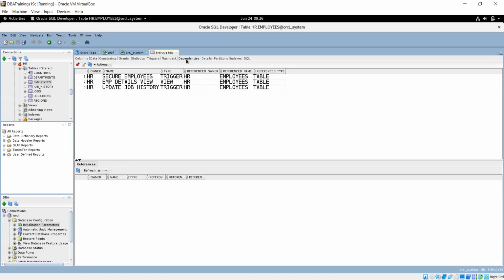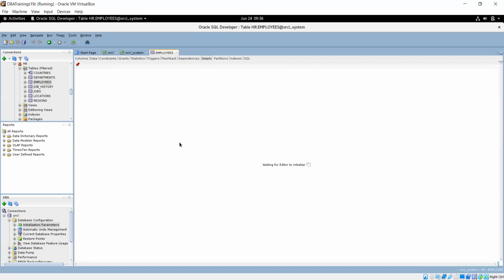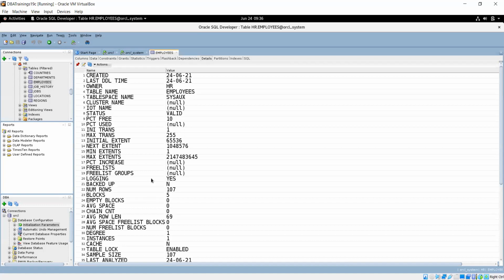Dependency objects means which are different from the table, like the view, sequence, index, triggers. Index is not separate there, but yes, it could be created. Then all the details you can see.